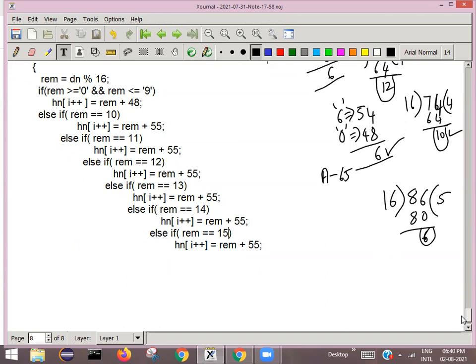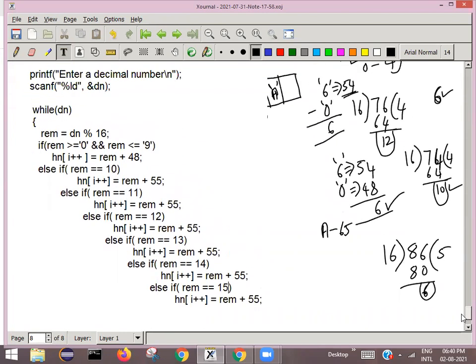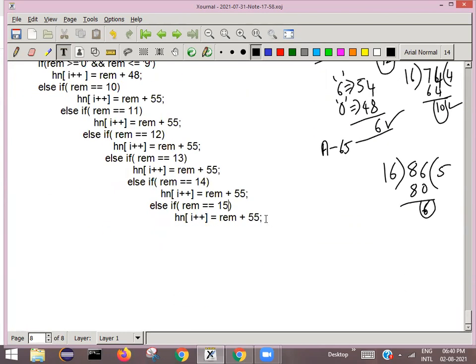If it is 0 to 9, the first if condition will be executed. Otherwise it checks which character it has to store.